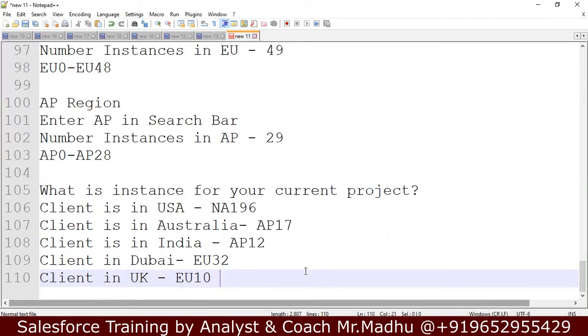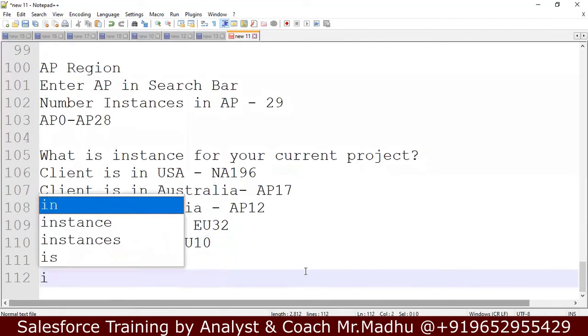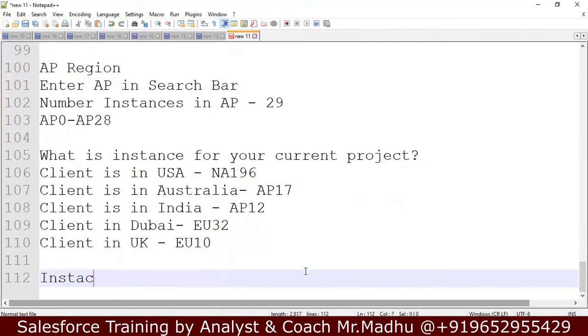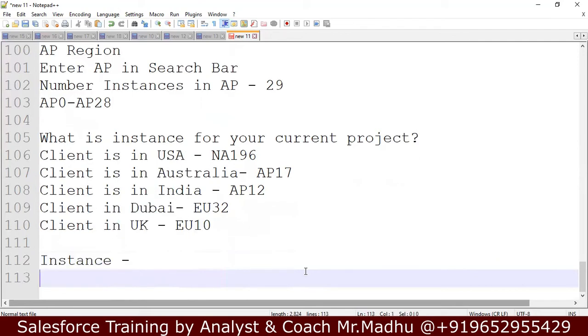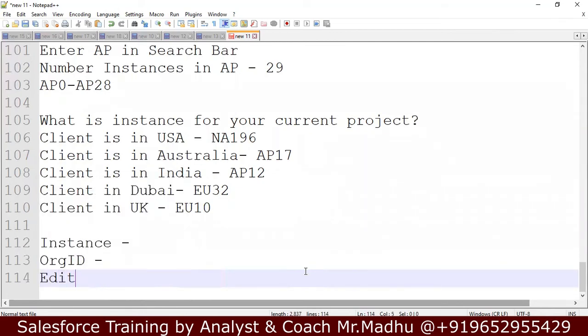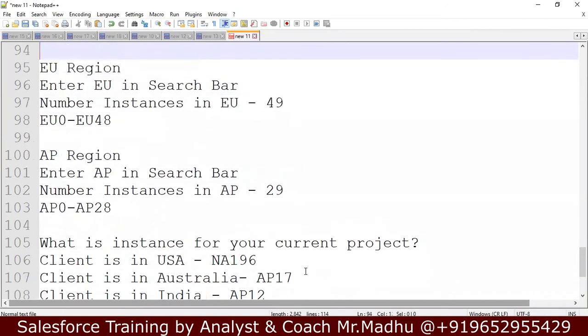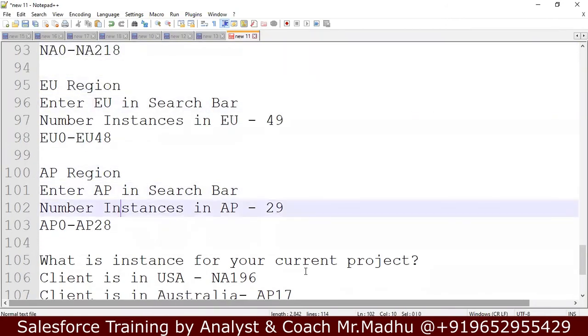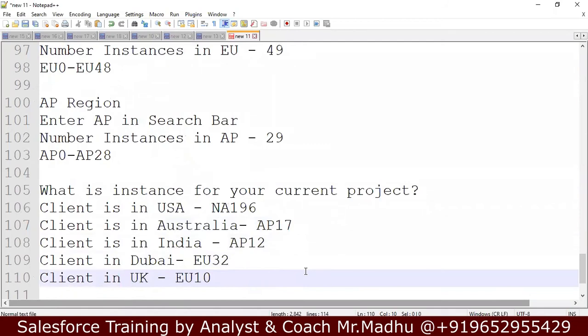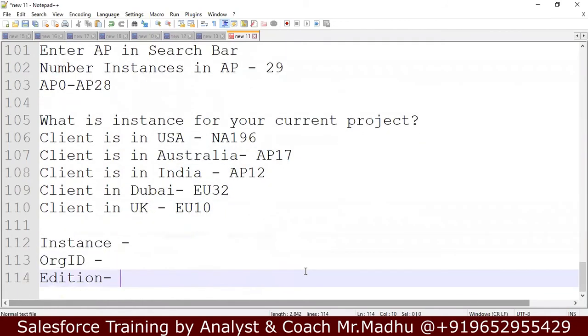We can see the instance, we can see the org ID, and we can see the edition. Which edition we are using, we will discuss tomorrow. Okay, this is all about the number of instances in each region, and what to answer in an interview if they ask what is the instance for your current project.